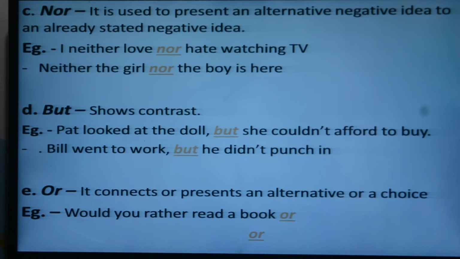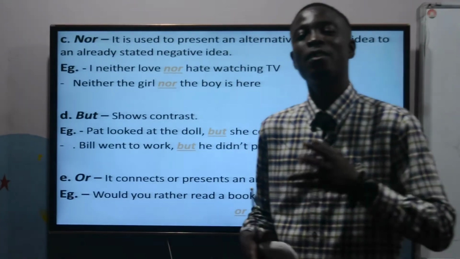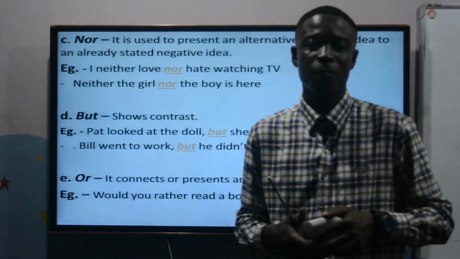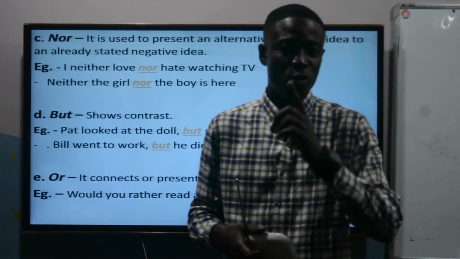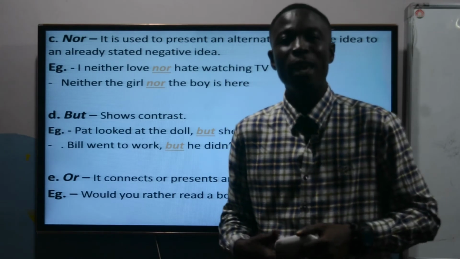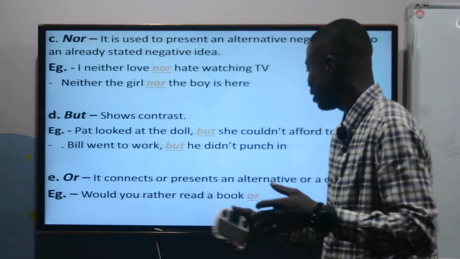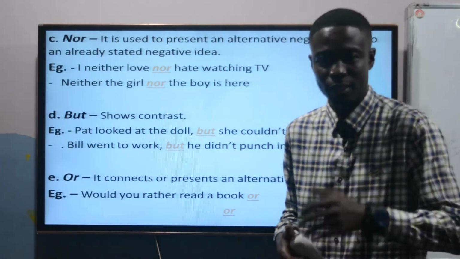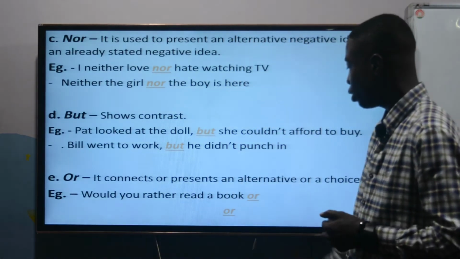It connects or presents an alternative or a choice. Perhaps you are left with two options to choose from. You are not supposed to take the two at a time. You need to take only one. We use "or" to show or connect the alternative or the choice which you would make. So, for example: